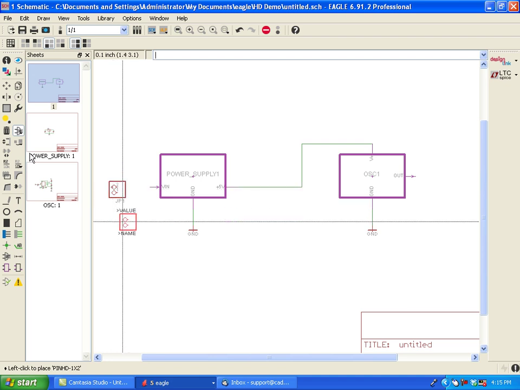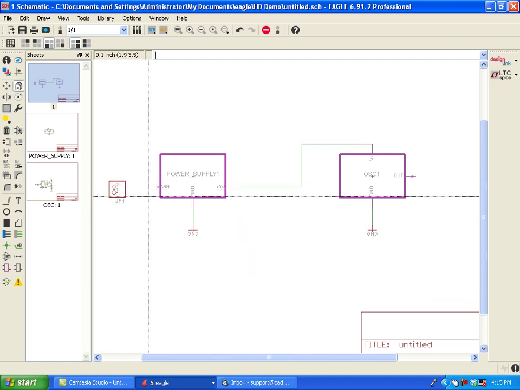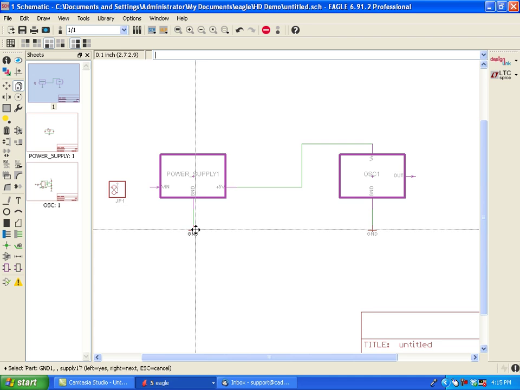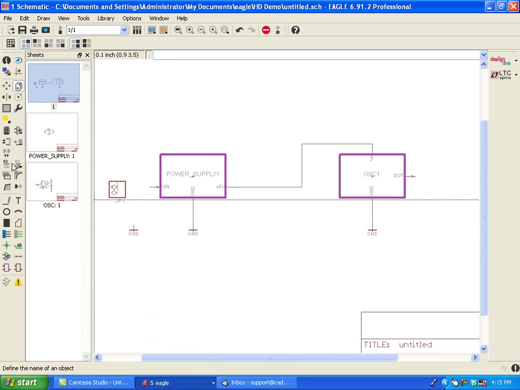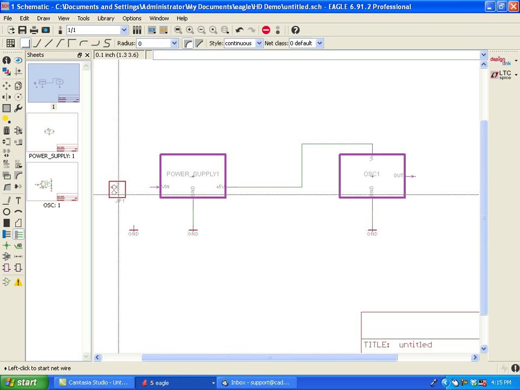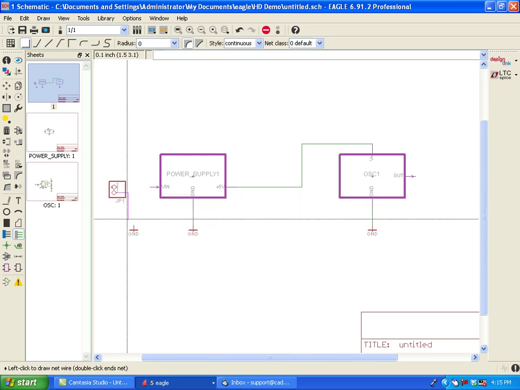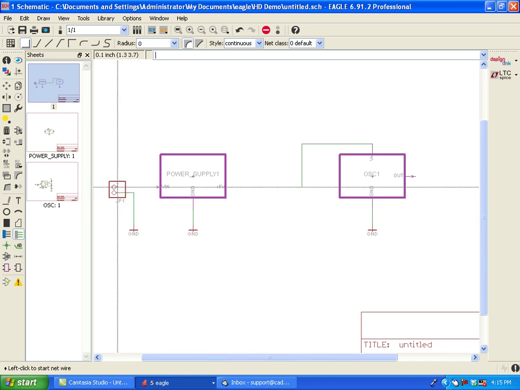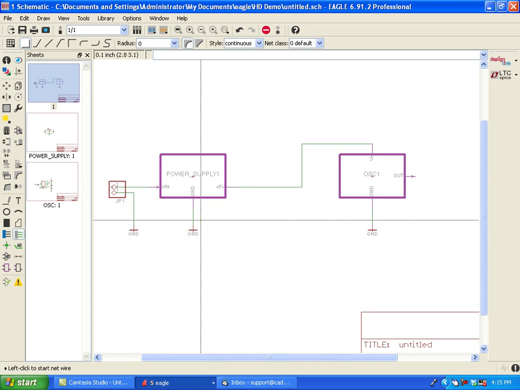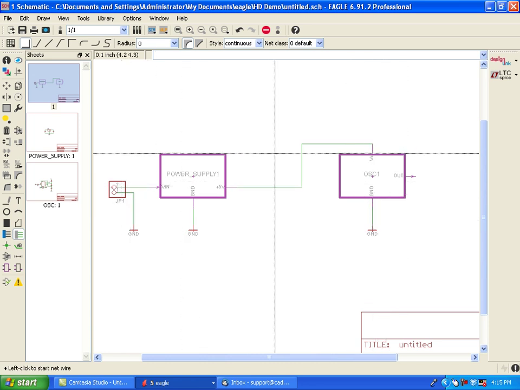There we are. Make a copy of our ground symbol. Place it over here. Use the net command. There we are. Perfect. Now for the output of our oscillator,